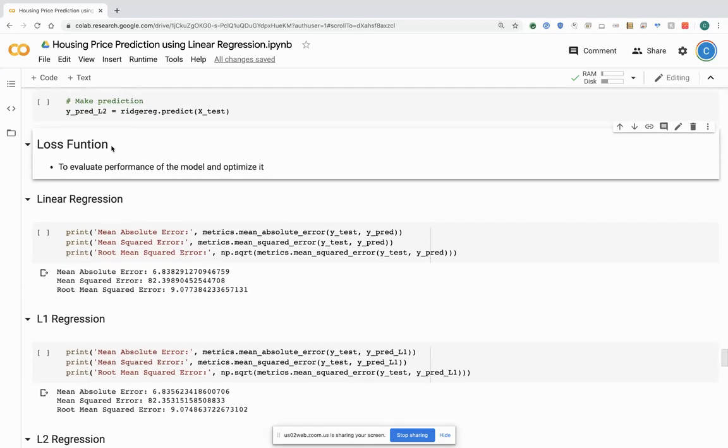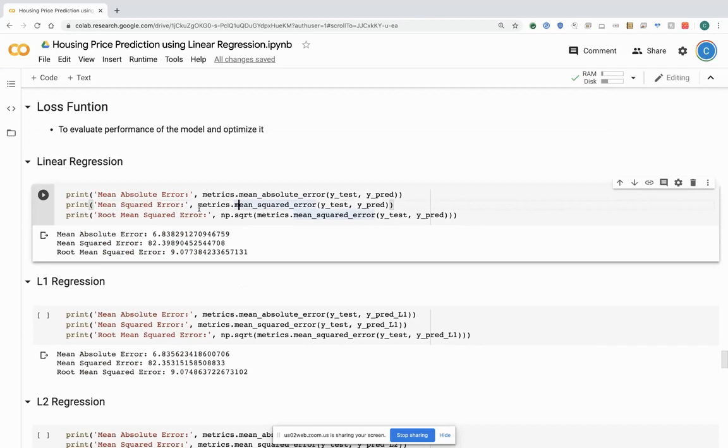So for this, we primarily have loss functions. As Sumana explained, loss function and cost function are very interchangeable. Loss function is primarily used for all the data points individually, and cost function is for the whole model. So it's like an aggregate of all the loss functions across all the data points. So cost function is when you are talking about the entire model, and loss function is when you have calculated it for individual data points. And so